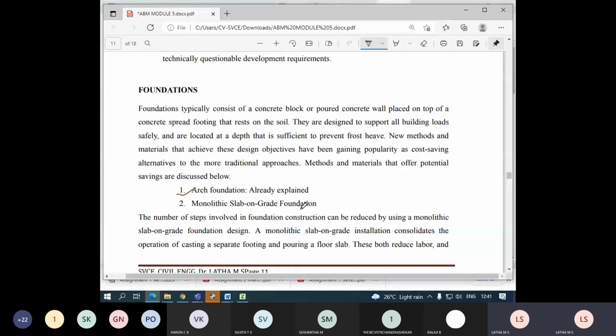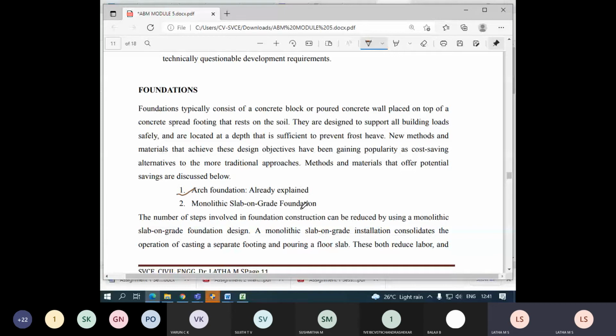Monolithic slab means you have a foundation entirely spread throughout the area of the plot. Not like the foundation construction you have seen at your nearby places, where you construct the columns, the stone masonry foundations and the footings for the columns at the required places.